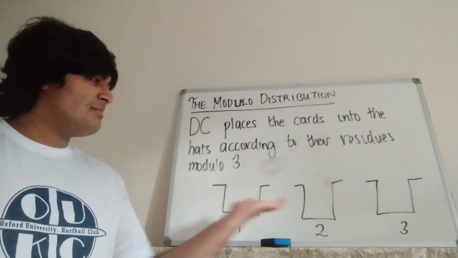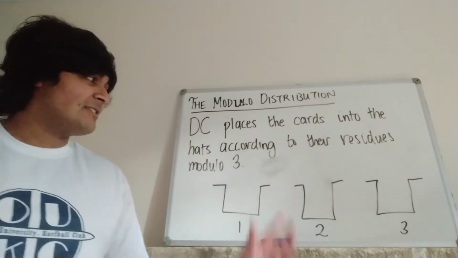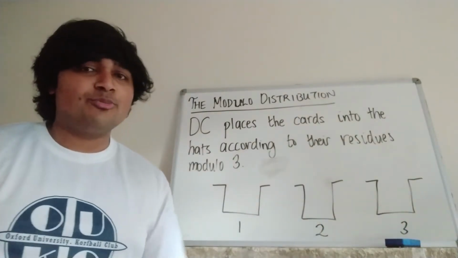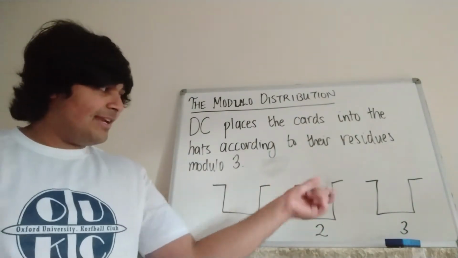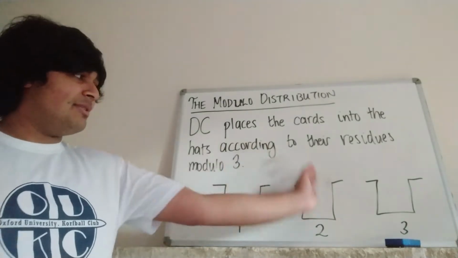Now, firstly, the hat numbers don't really matter. If I switch hats 3 and 2, it's not going to really affect anything. So in fact, this actually corresponds to 6 special distributions, each depending on the permutations of the hats 1, 2, and 3. But basically, if we just assume this is hat 1, this is hat 2, and this is hat 3,